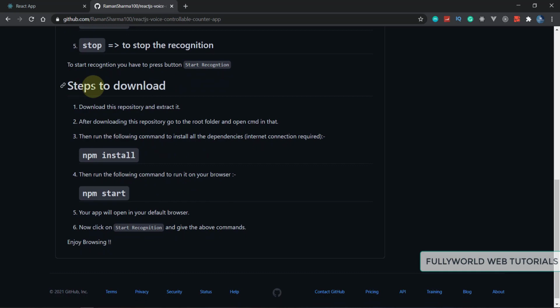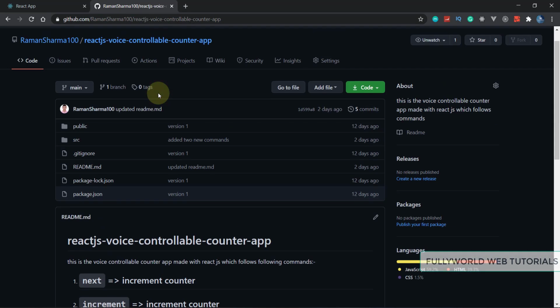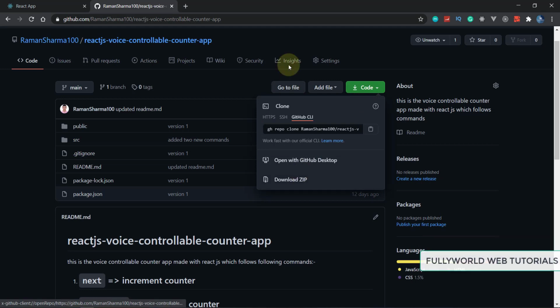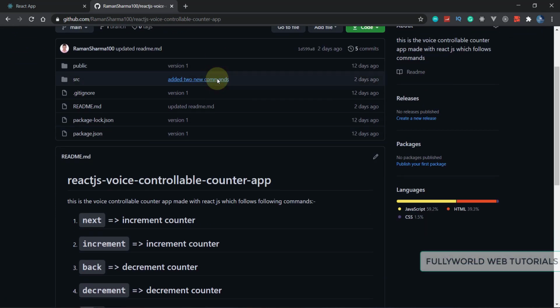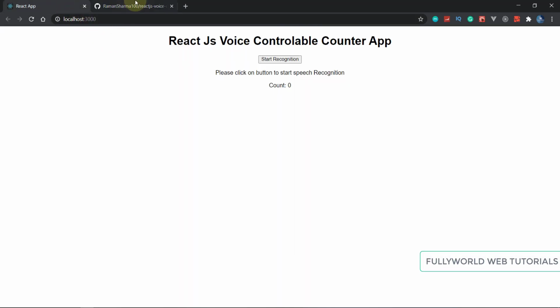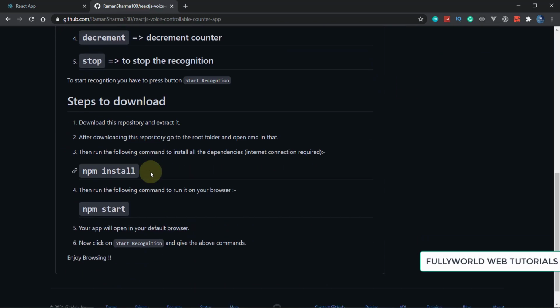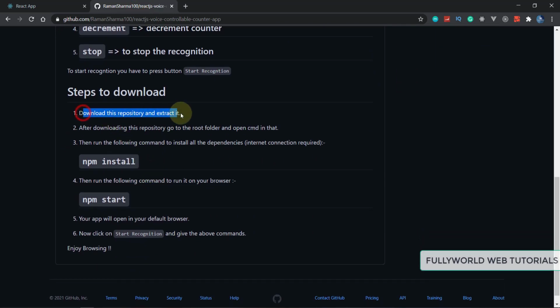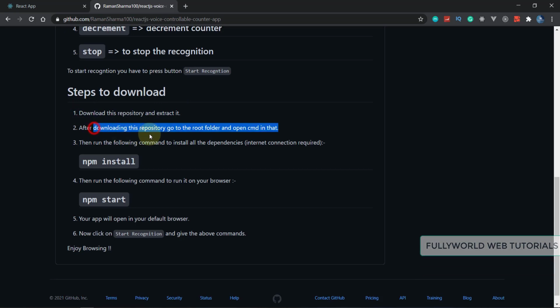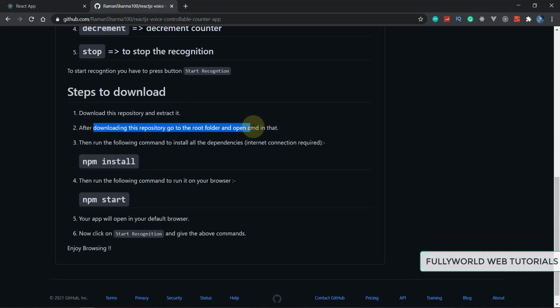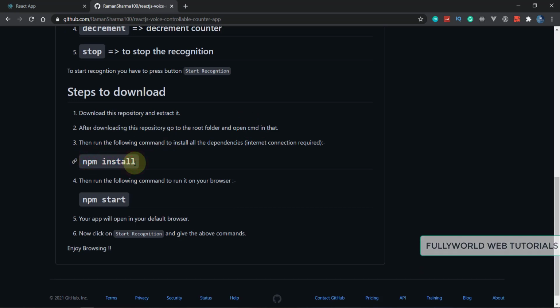So what are the steps to download? How can you download? Simply go here and click on download zip. This is the full project here, and we are also going to create the project now. So download this repository and extract it. After downloading, go to the root folder and open cmd in it, and then run npm install to install all the dependencies.